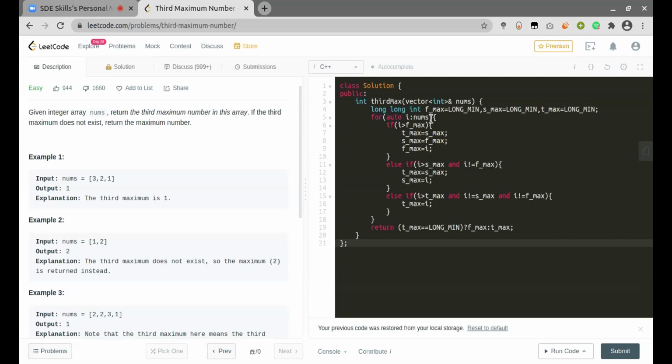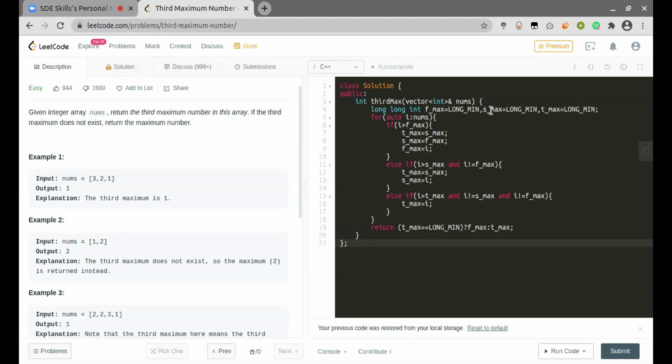No, first max is the largest value. Second max is the second largest value. Oh yeah, sorry, got it. No problem. So this is why we are using this ternary operator to get our final value as the answer. I thought they should make it like this: if it's the third max, you return, so whatever is the lowest max, you return. Yeah, they could have, but they mentioned it this way.